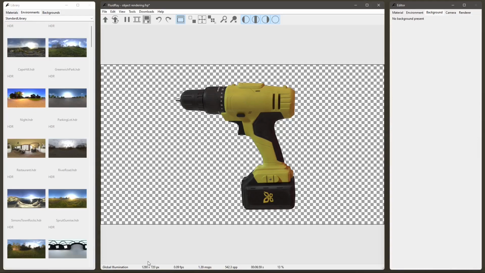Now down there, you can see what illumination we are using. So right now we're using global illumination, and also you can see the resolution, the frames per second, and also the quality, which is expressed by the SPP, samples per pixel, and you can see that value is really high. It's about 500 or 600. That's a really high value because I set up this rendering to be the highest quality. So it's gonna take a lot of time to figure out with more accuracy the global illumination. It's all about global illumination in the end. So the more you increase the quality, the more